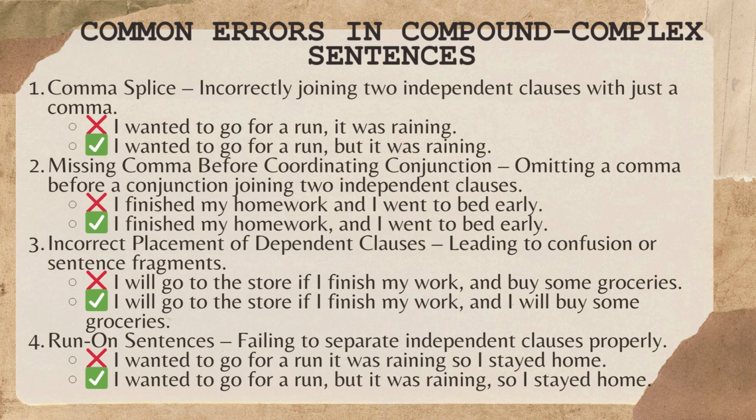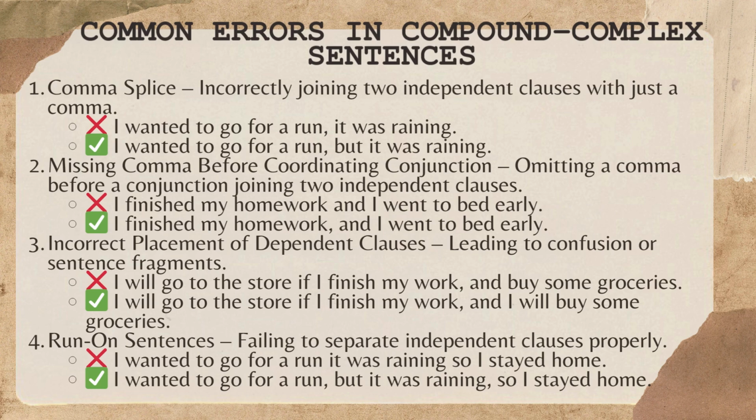Missing comma before coordinating conjunction error. Omitting a comma before a coordinating conjunction that connects two independent clauses. Example. I finished my homework and I went to bed early. Correction. I finished my homework, and I went to bed early. Explanation. When two independent clauses are joined by a coordinating conjunction, a comma should precede the conjunction to clarify the